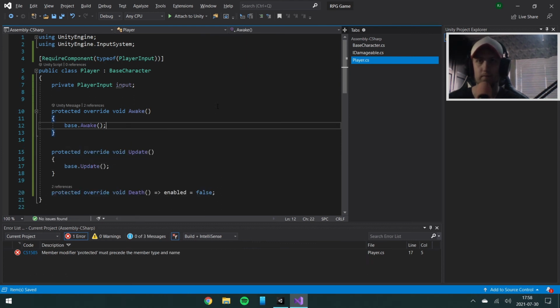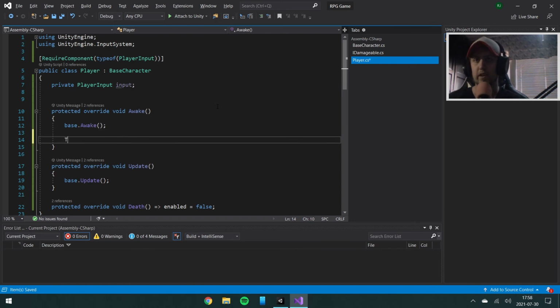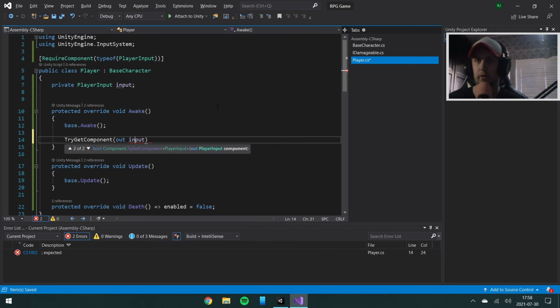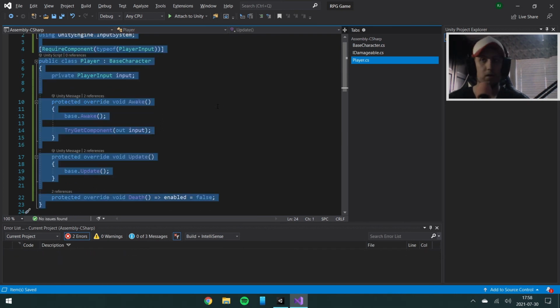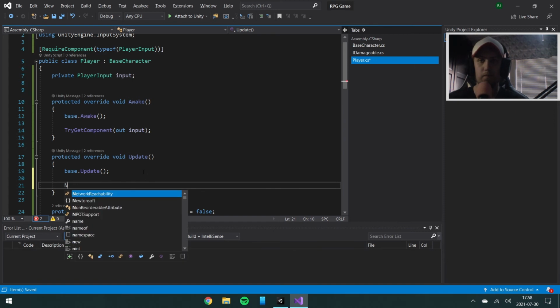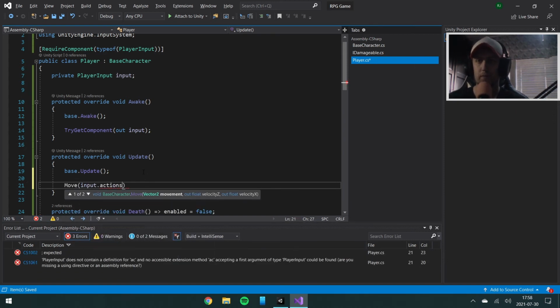There we go. So in our Awake method, we can say try get component input out input. Here we go. Now we can simply do move, and we can do input action,